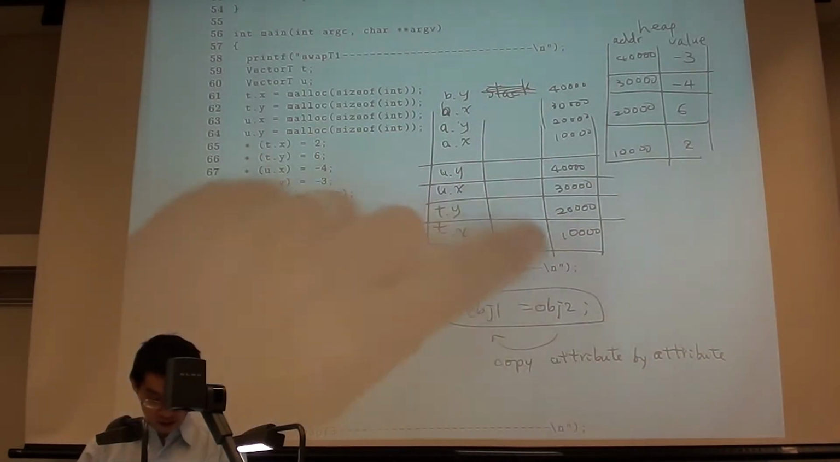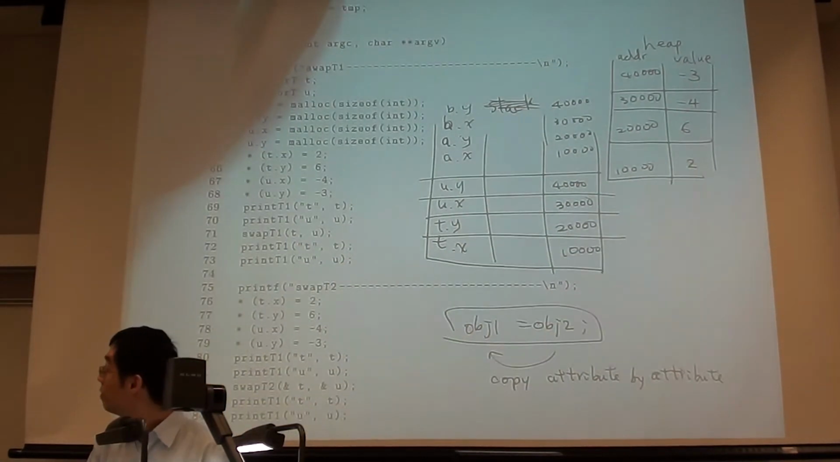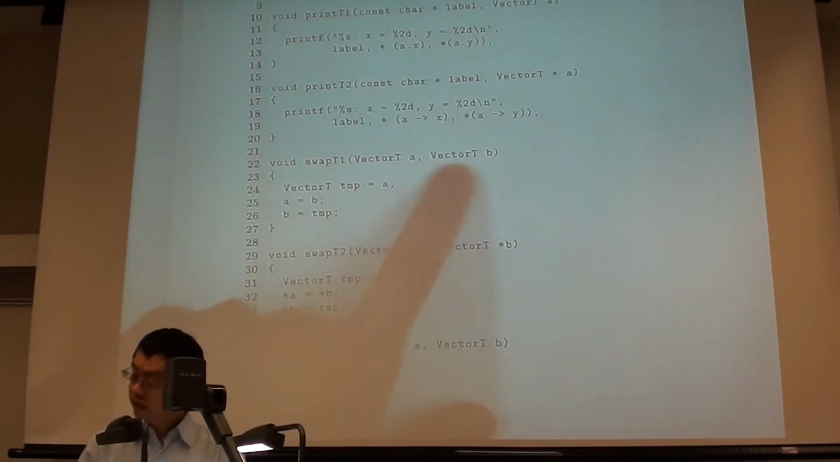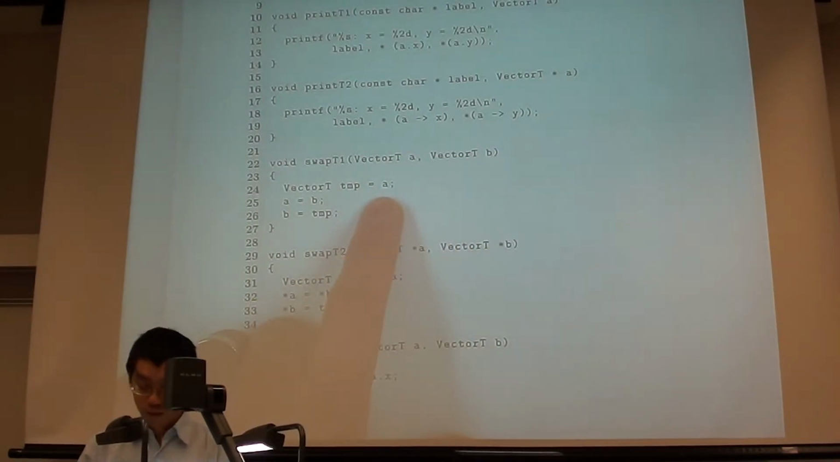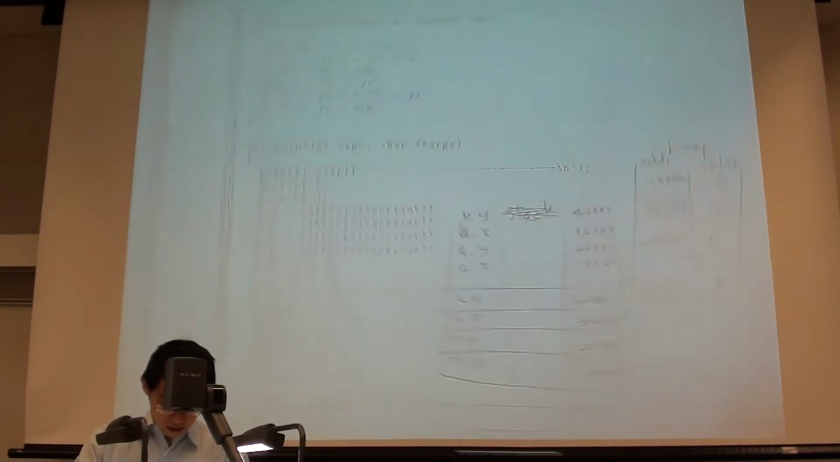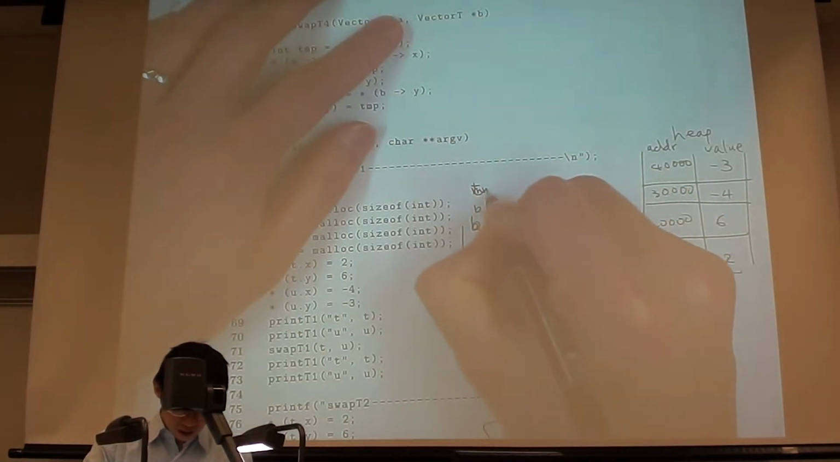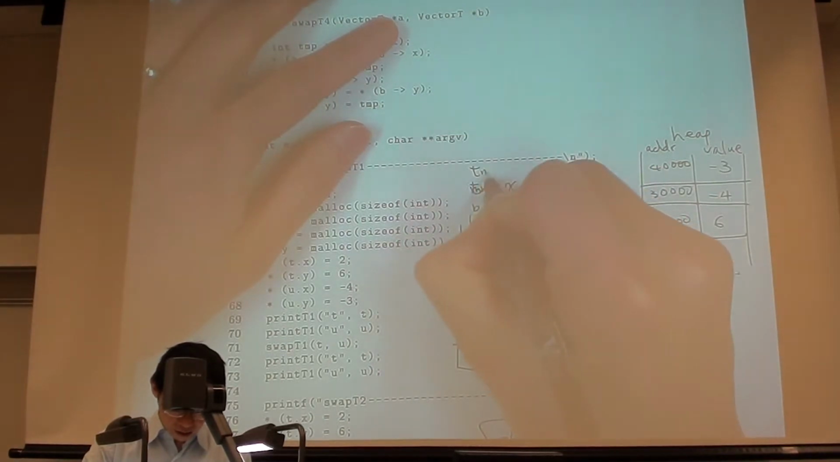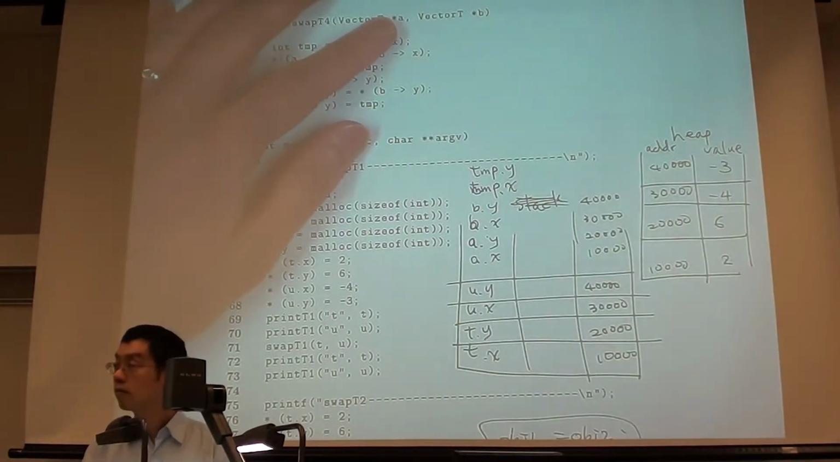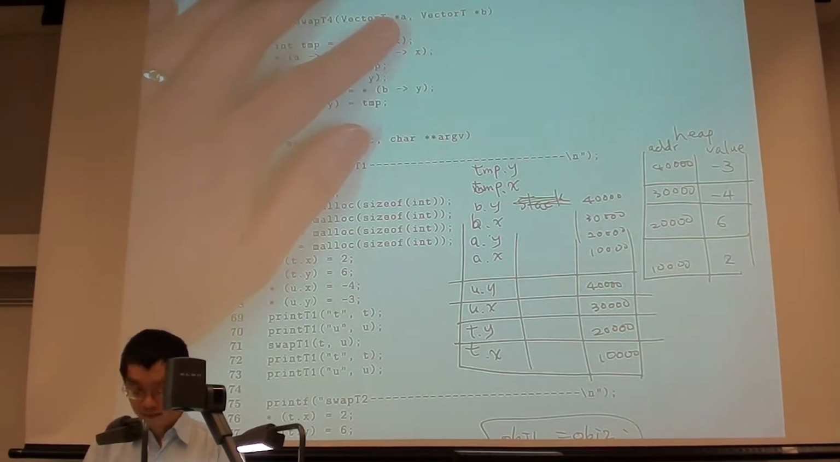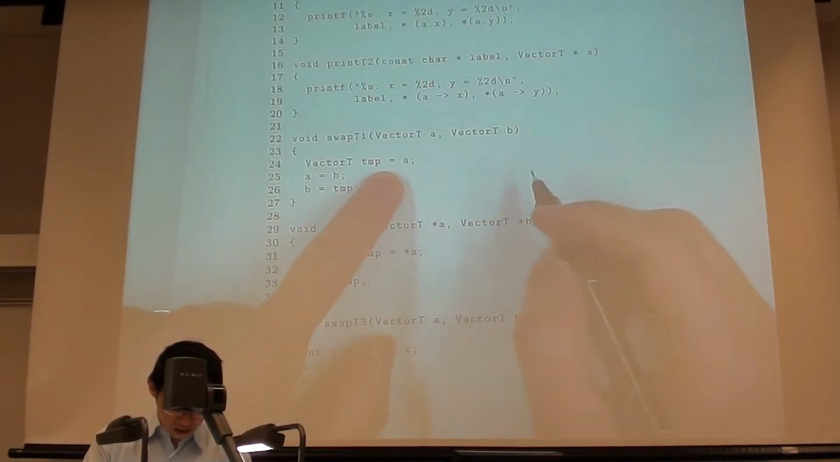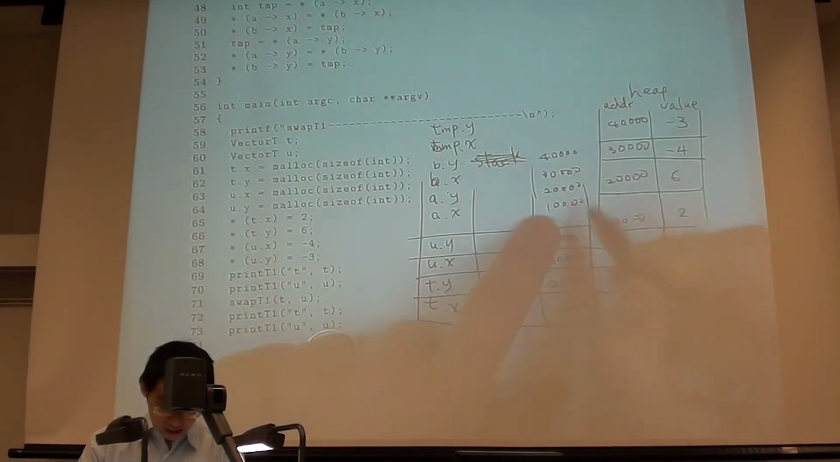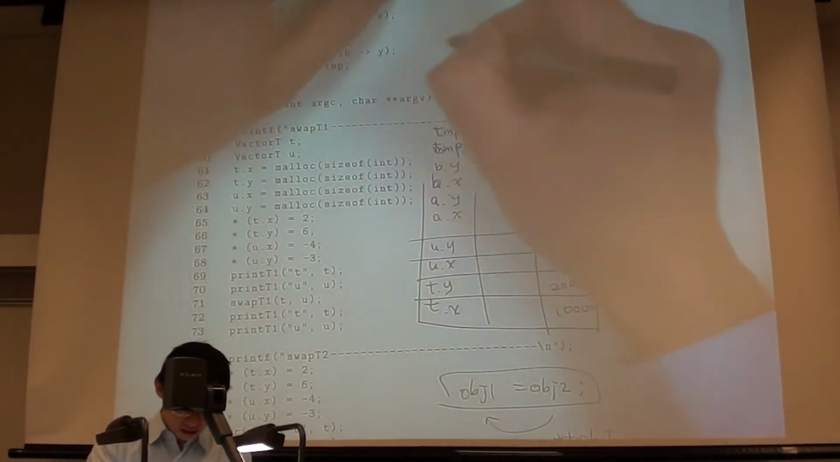So that's the reason you have 10,000, 20,000, and so on. Now we are in this function. We have temp. Temp is a local variable, and it's not a pointer, therefore we have x and y as well. So when I say temp equal to A, and A is 10,000, 20,000, so when I say temp,